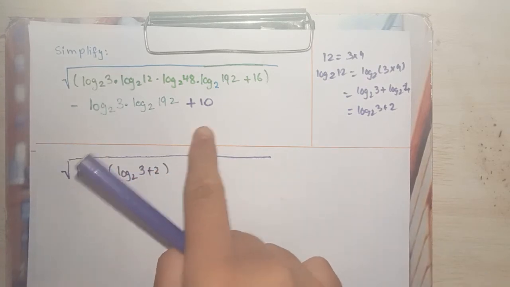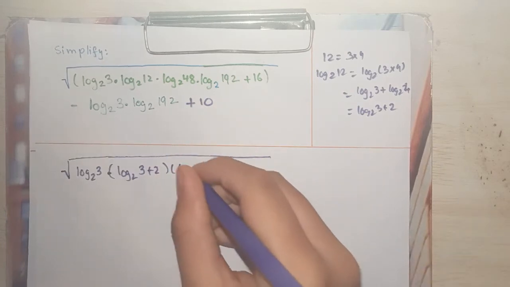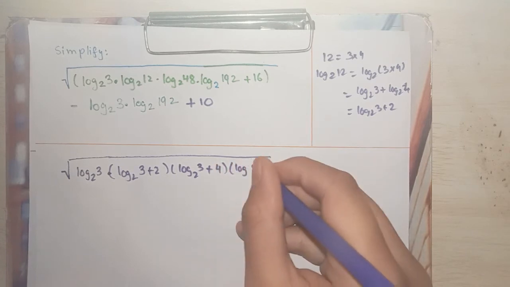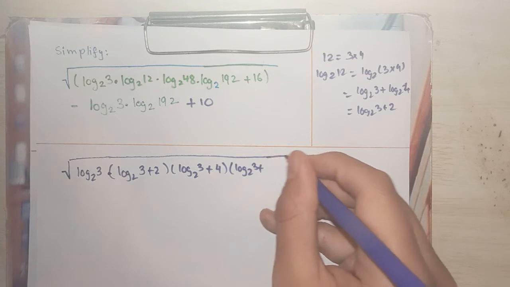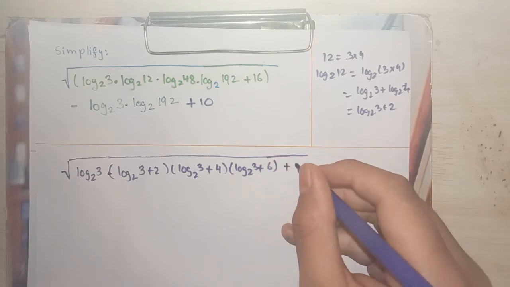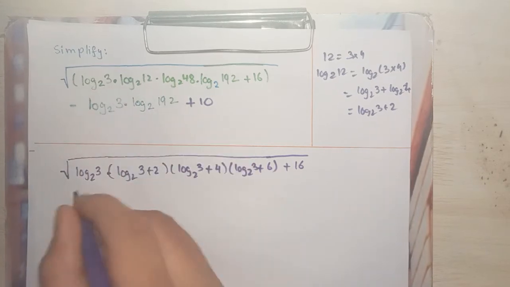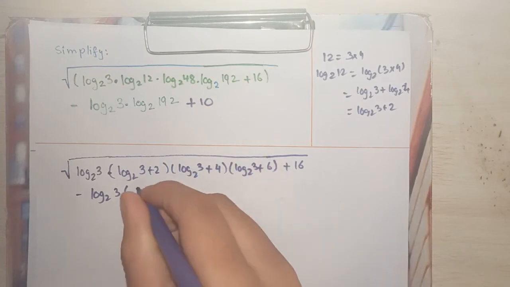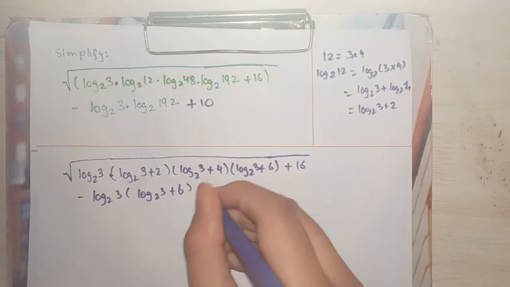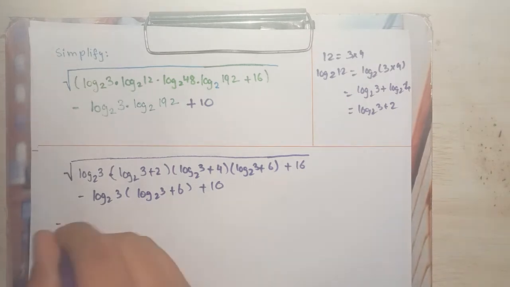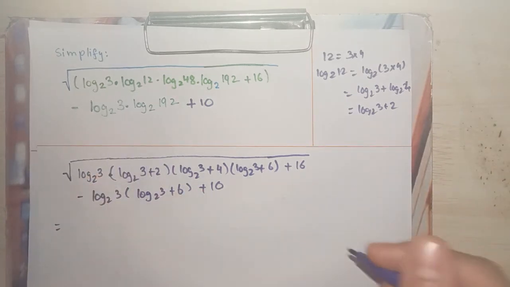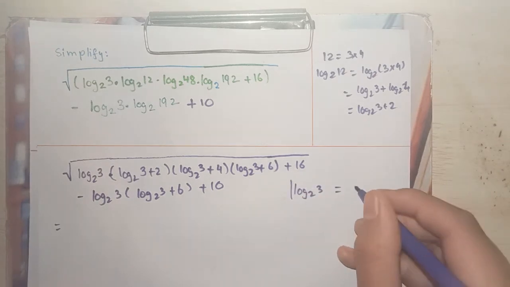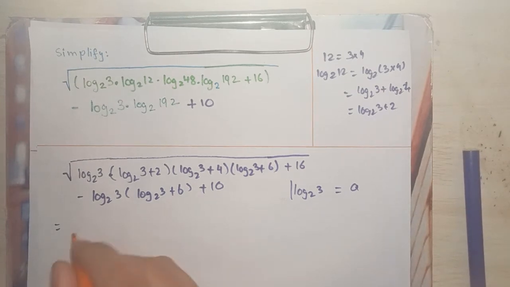and using the same exact logic, log of 48 to the base 2 would be log of 3 to the base 2 plus 4, times the log of 3 to the base 2 plus 6, and we add 16 and copy the rest of the expression downwards. We can write this as this thing right over here, and we move ahead. So we see log base 2 of 3, we do an algebraic substitution. We can write log base 2 of 3 as a. So let's go ahead and plug that in,